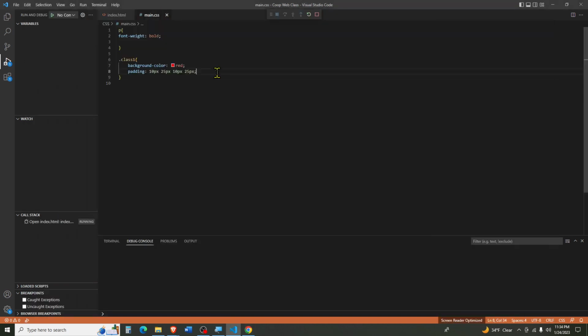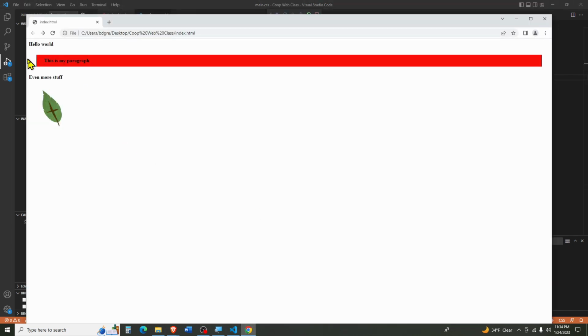Well, that would be margin. Okay, and so in a minute we're going to talk about the difference, but let's add 25 pixels all the way around, top, bottom, right, and left. Margin, and you see it bumps out the entire thing. Now, padding